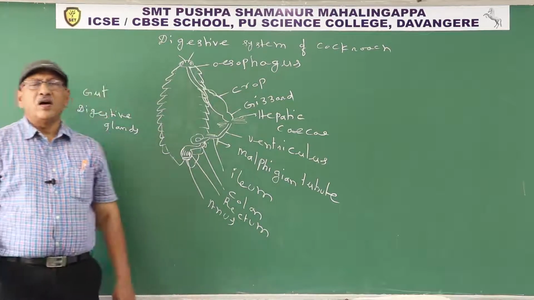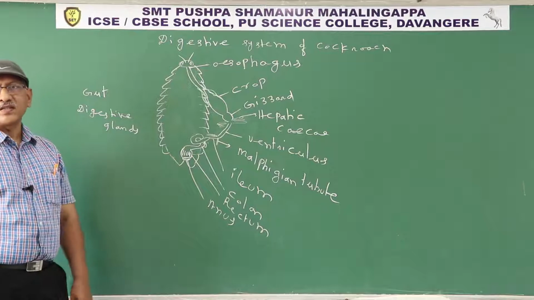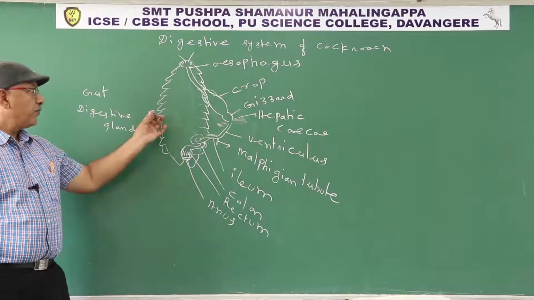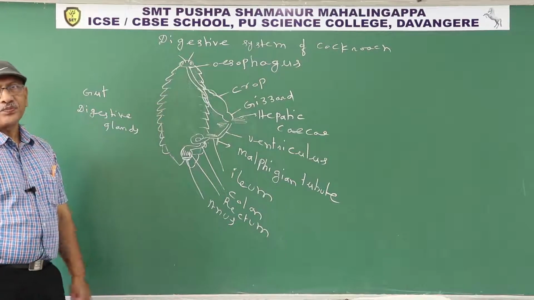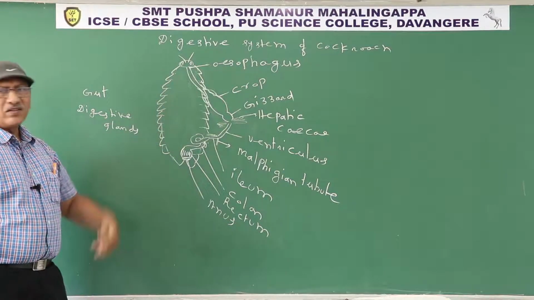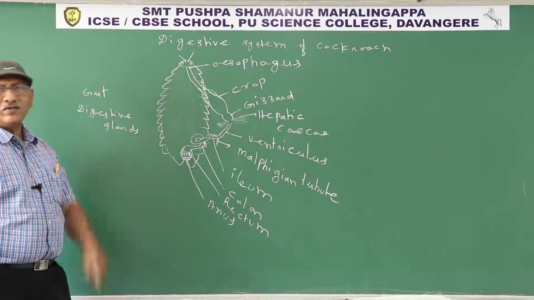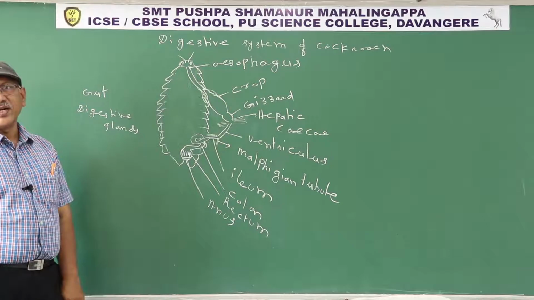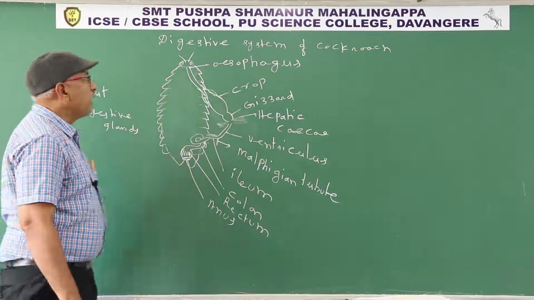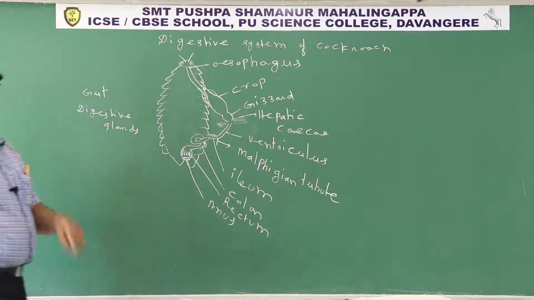Alimentary canal is a long tube-like structure with varied diameter. Alimentary canal is longer than the length of the body. That's why some parts of the alimentary canal are coiled. Alimentary canal of cockroach contains three parts: